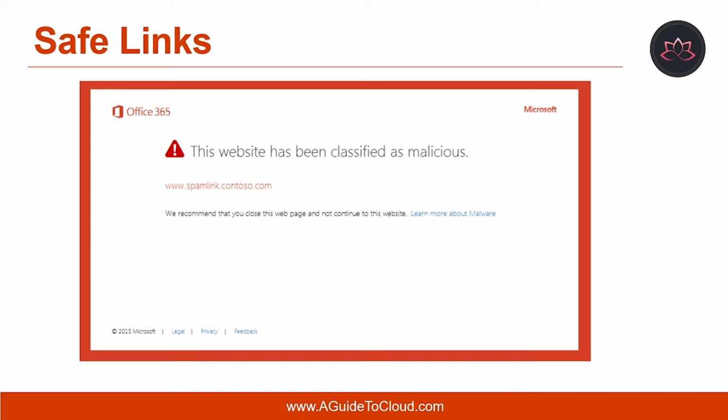Safe links protects the user by rewriting the link in the message body so that the link is checked at the time it's clicked instead of when the message is delivered. When a user clicks a link in a message or document, Safe Links checks to see if the link is malicious by redirecting the URL to a secure server in the Microsoft 365 environment that checks the URL against a block list of malicious websites. If the site is safe, then the browser is redirected to the original destination website. But if the site is on the block list, then the user is blocked and the browser displays a warning page like this example image.